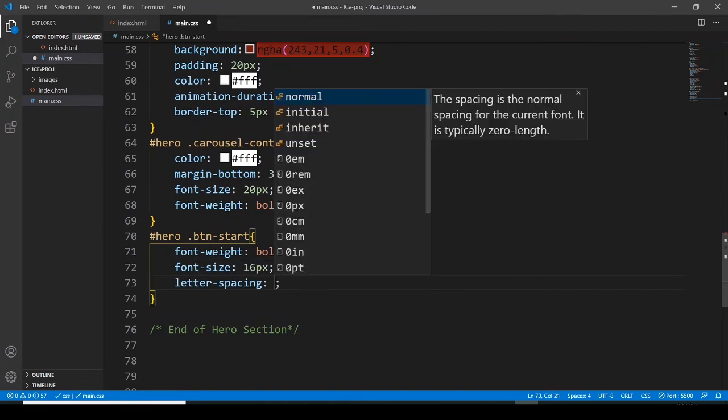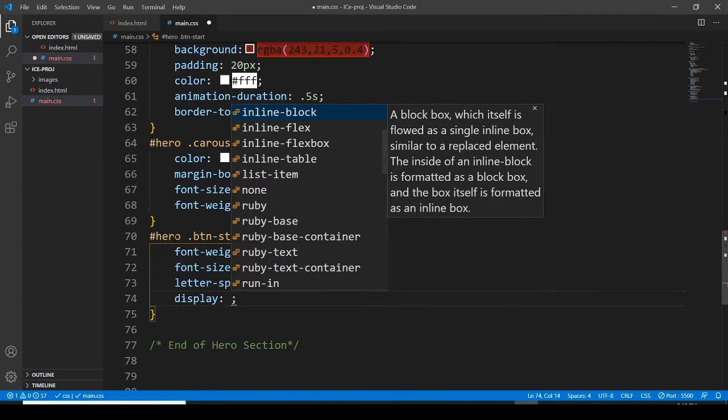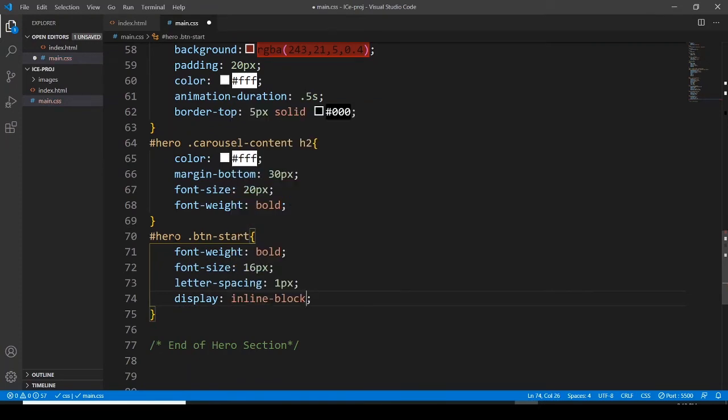Letter spacing 1 pixel, and then display inline-block,